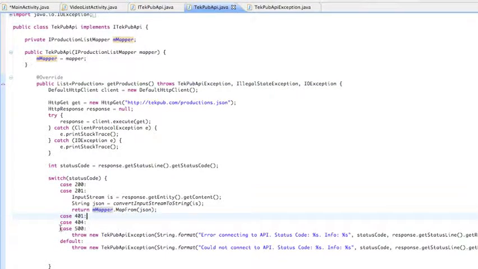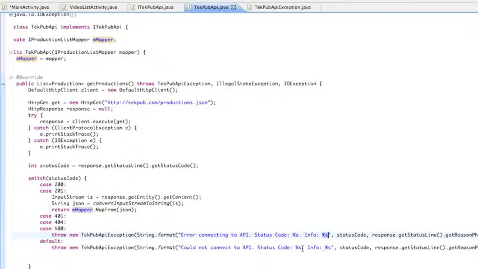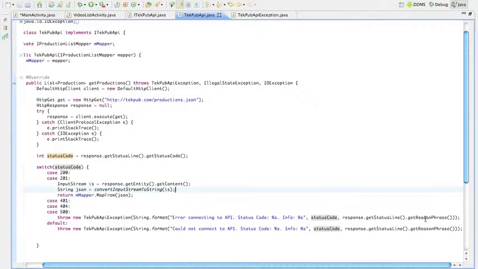If for some reason we got a 500 from the server, we want to return a TechPub API exception, and we're going to put a message out there saying there's an error connecting to the API, status code %s, info %s. Now this is string formatting in Java, and it kind of falls back to the basic C string formatting, and %s stands for some type of string that we're going to place into here. So here's the format that we're going to follow. The status code is going to get placed into this first %s, and the response status line dot reason phrase, which, if we put our mouse over, we get an explanation,